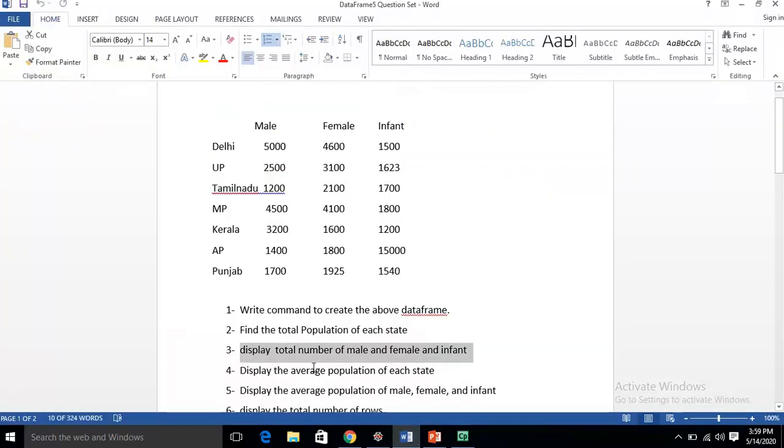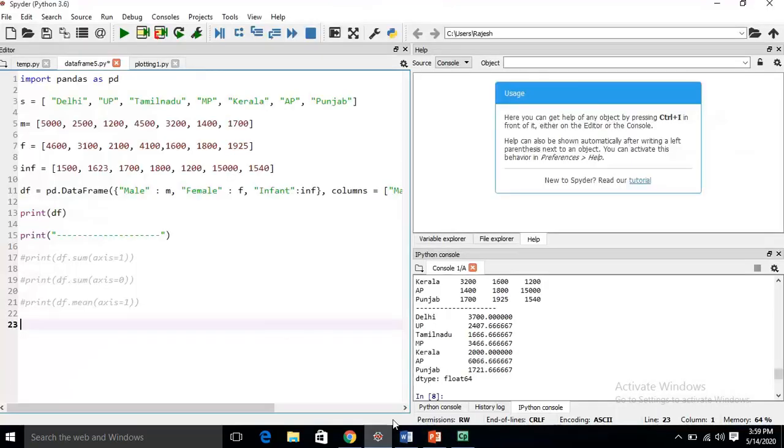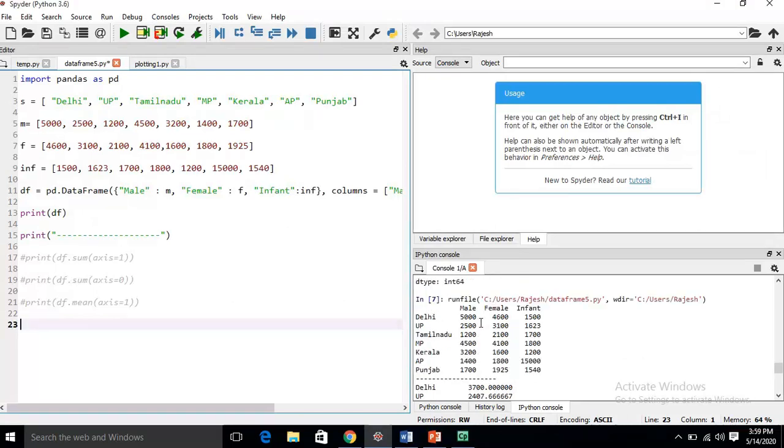The next question is display the average population of each state. This I have already done. Then display the average population of male, female and infant. Here the question is asking us to find the average population of male, then female, then infant.